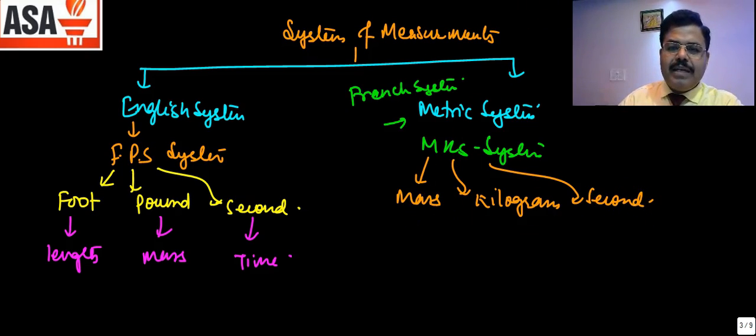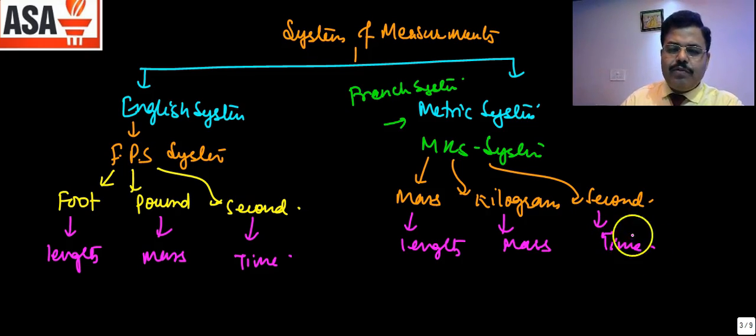So this is mass for what? Meter for length, kilogram for mass, and second for time. They used to do this. That is why this is called the MKS system, in which mass, length, and time can be measured with different